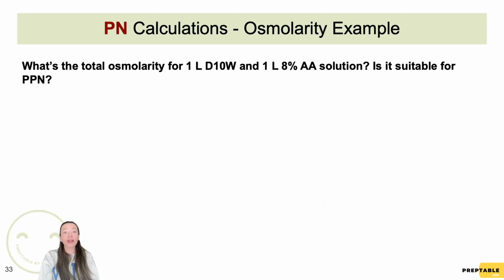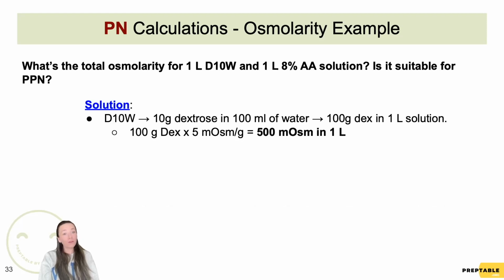First, we need to find the grams of dextrose. For the D10W solution, remember we have 10 grams of dextrose in 100 ml of water, which translates to 100 grams of dextrose in 1 liter of solution, because 1 liter is the same as 1,000 milliliters. We then multiply 100 grams of dextrose by 5 milliosmoles per gram, and we get 500 milliosmoles in 1 liter